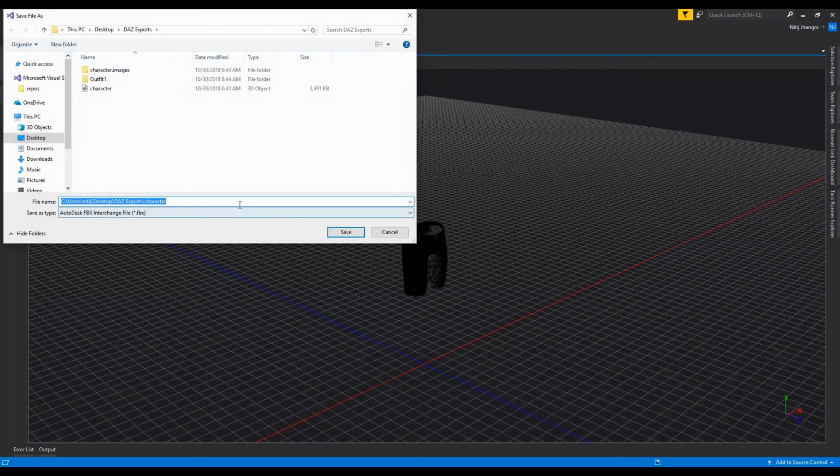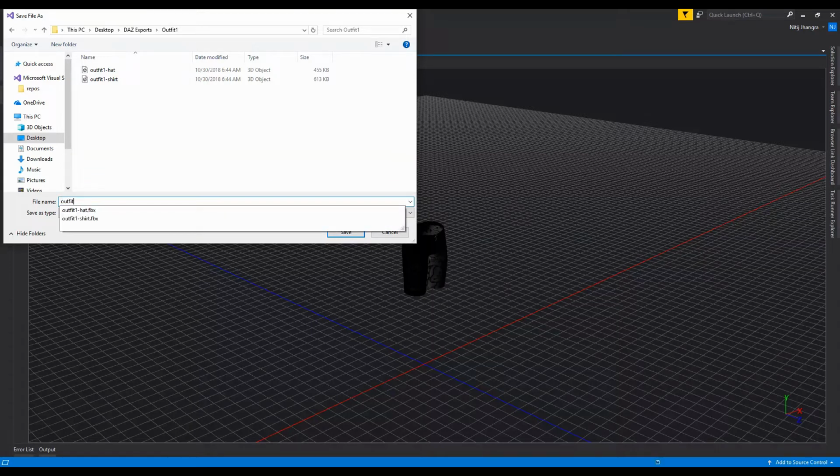Alright, so this is the last one. I'm only going to use 3 assets at a time to create a group of clothing assets to resemble an outfit. So let's name it outfit1 dash